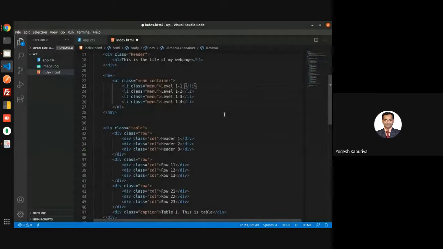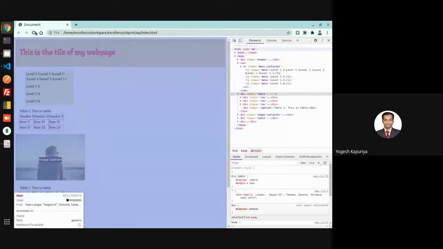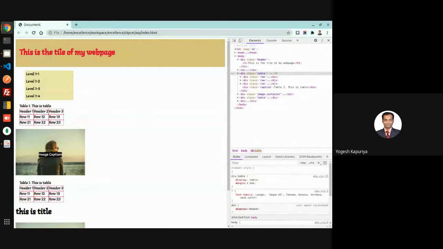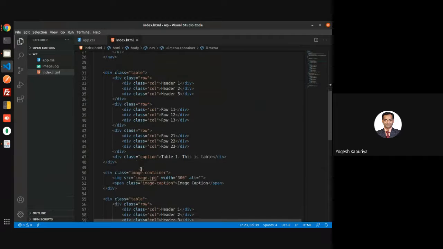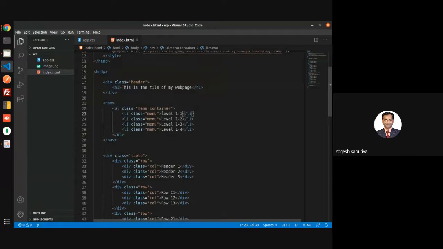So fine, this is a default thing, right? Normally we require this kind of stuff. But then we have a two level menu. That means in level 1 you have another level as well.